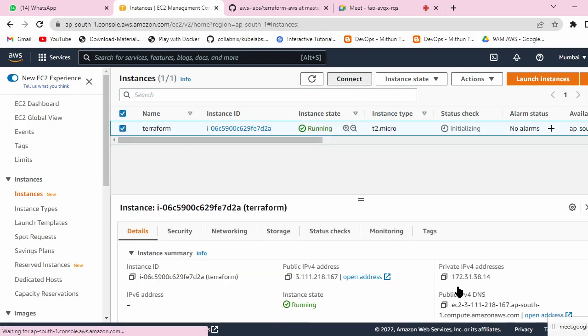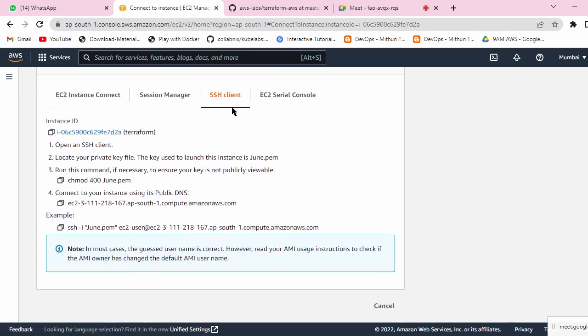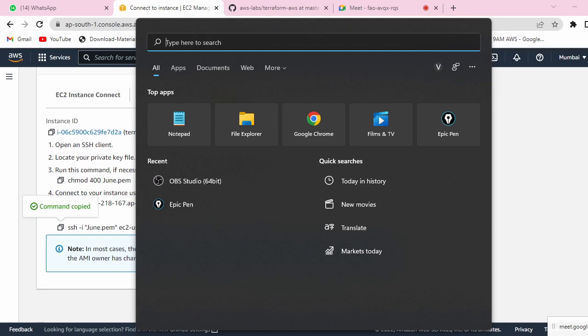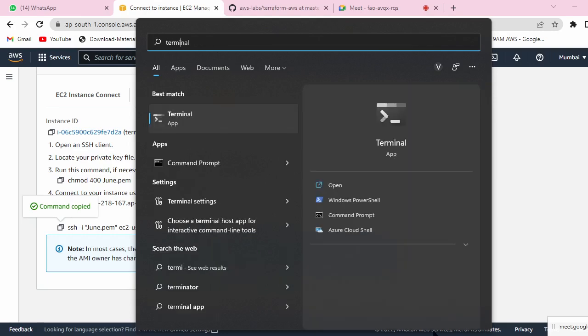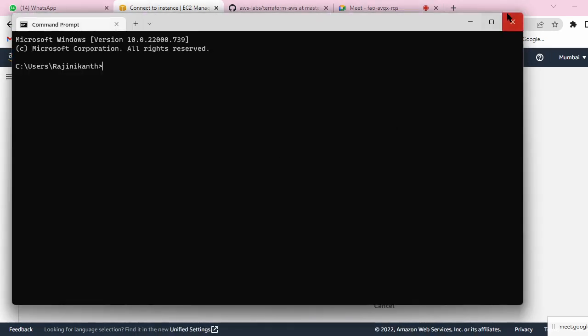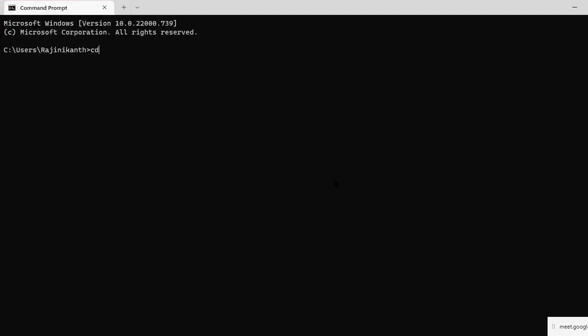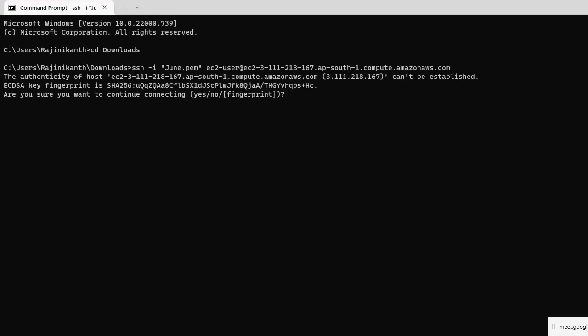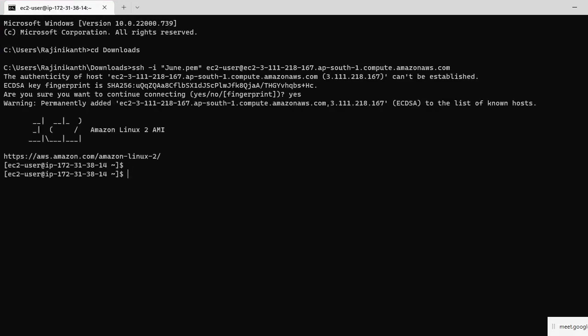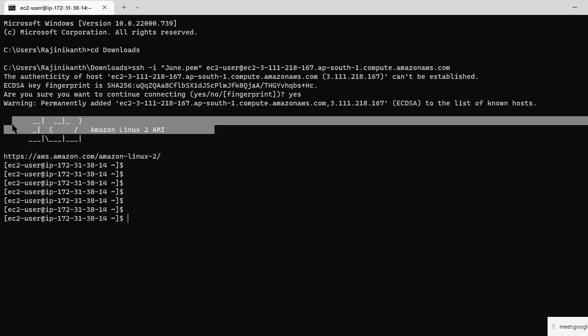Let me log in. Going to connect, SSH client, and copy it. Open your terminal. CD downloads. Now this is EC2 Linux.